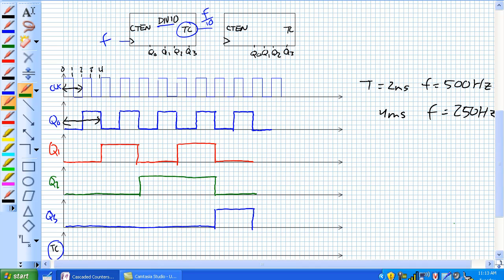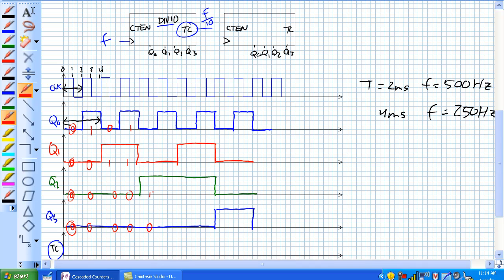If it was a modulus 16, it would look slightly different. What's happening here is, let's give our states right here. Currently, in this position, we've got 0, 0, 0, 0. Actually, let's read it MSB to LSB. So it's 0, 0, 0, 0, then 0, 0, 0, 1. We've counted up to 1. Then 0, 0, 1, 0, count it up to 2,